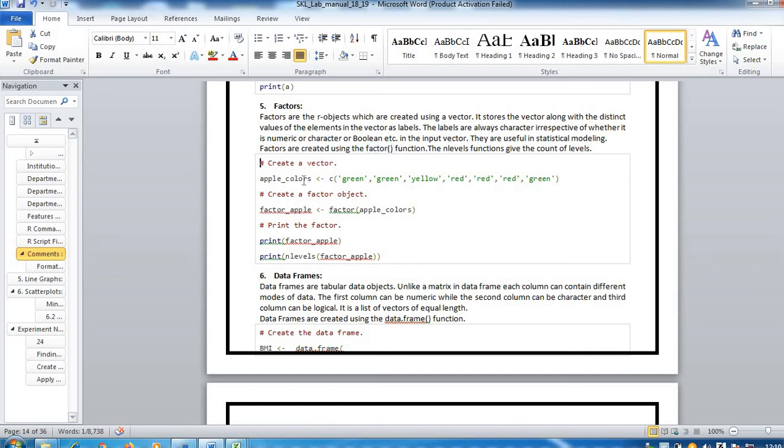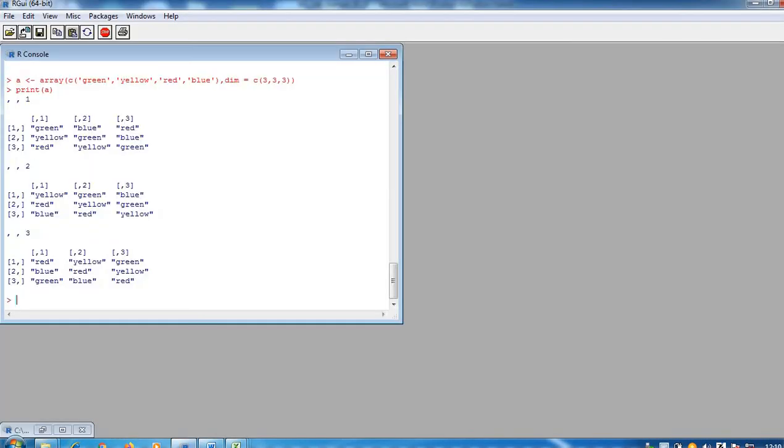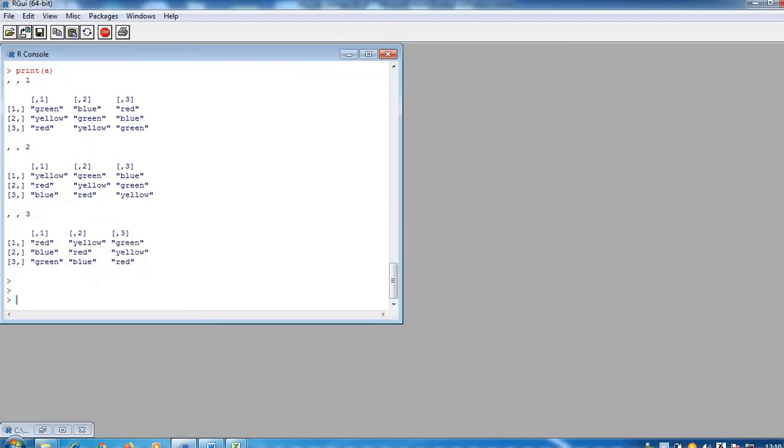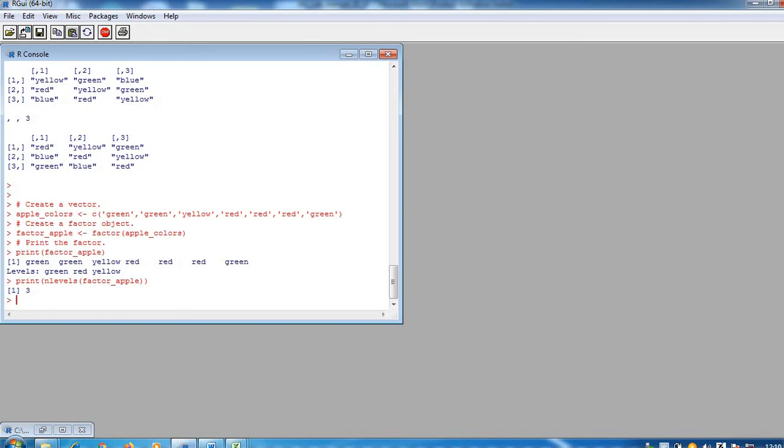So how to create the factors? I am just copying and pasting here. First line, okay. Second line, apple colors. This is a simple vector which has multiple colors.